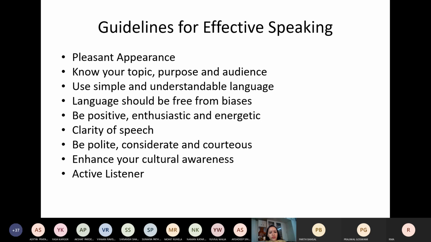So will you agree if I say audience has a lot of impact on our language, on our attitude, on our style, our approach, our content? Yes, ma'am. It has a lot of impact on us, so we have to cater to the needs of the audience. That is why audience analysis is so important. And in fact, there is an acronym of audience. I will share with you that, just a moment.